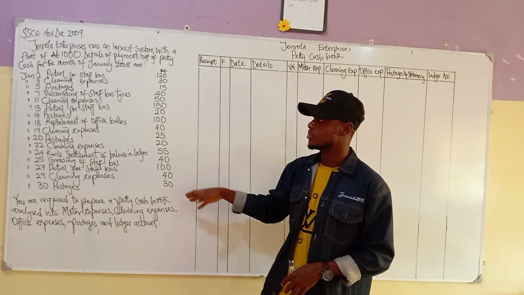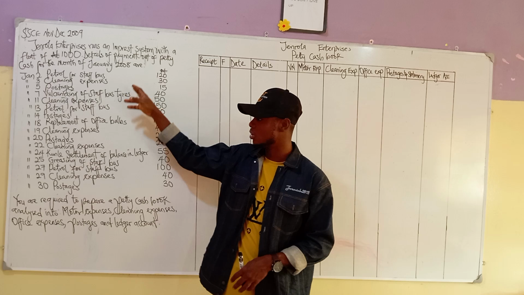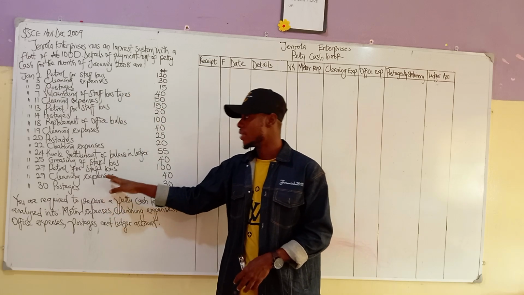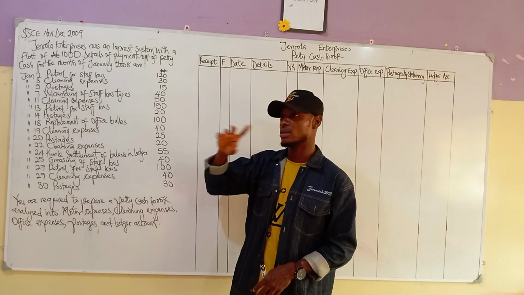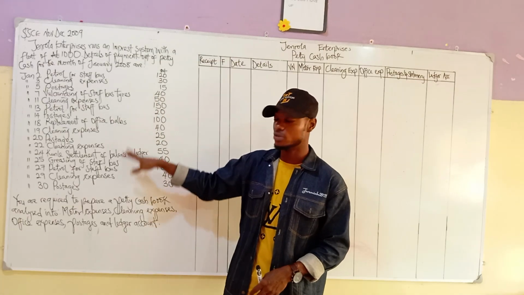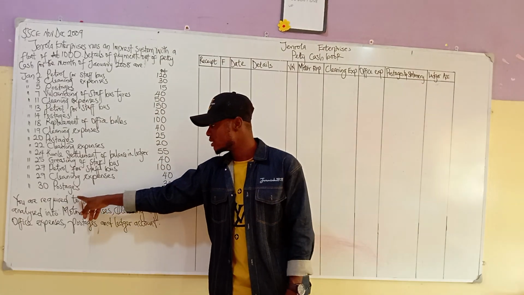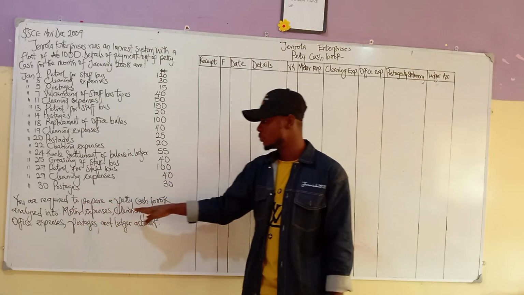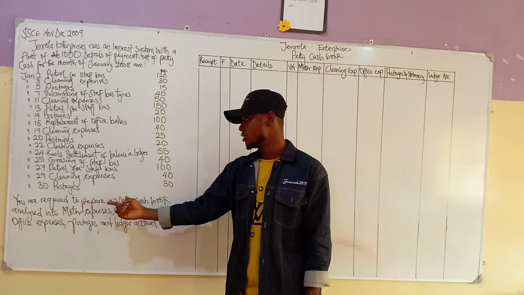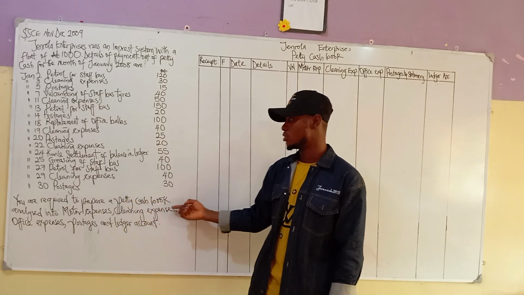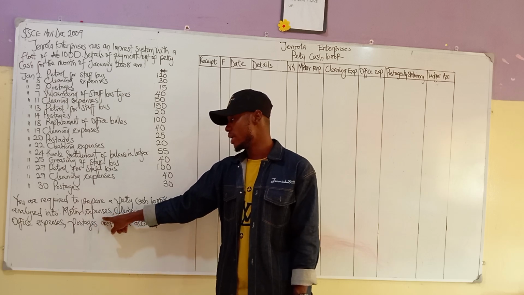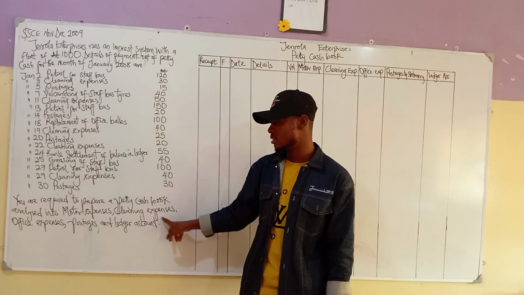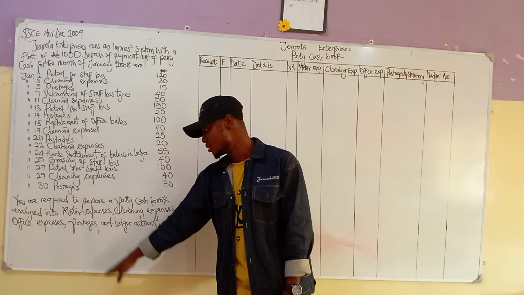Now, all of these expenses from January 2nd all the way to January 30th. Now we see that this imprest was to cater for the expenses within the month of January. Now, we are going to open a column to enter their expenses. It said they are required to prepare a petty cash book analyzed into motor expenses, cleaning expenses, office expenses, postage,